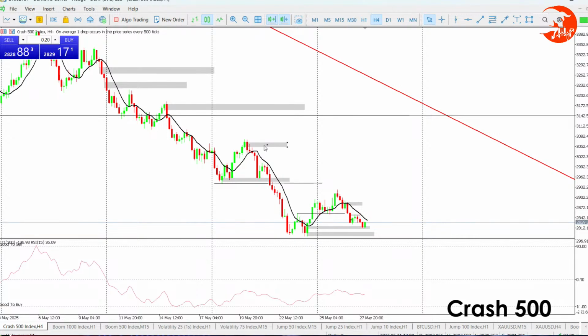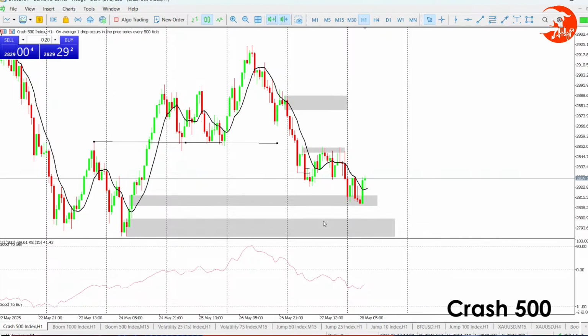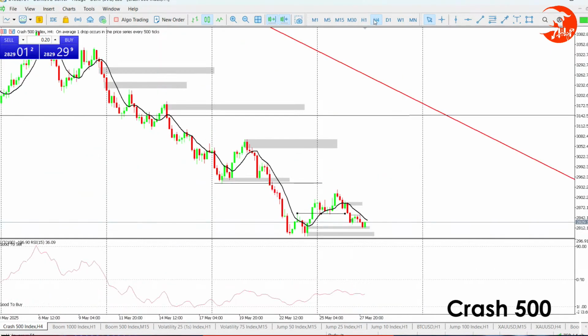So that tells us we are going to follow the higher time frame, which is going to be H4. We're going to follow the trend on the higher time frame. Remember, this was a change of character right there. On H4, price went up, gave us a higher high. Then it came all the way to test this order block. But if you go to H1, that was a fair value gap right there. So it came all the way back to test that level. And now we are getting back into the buys.